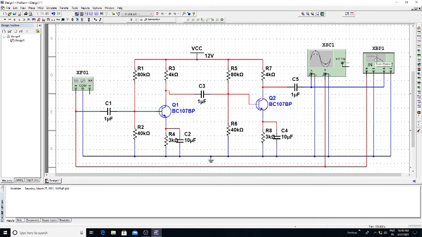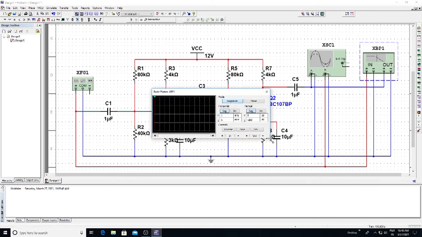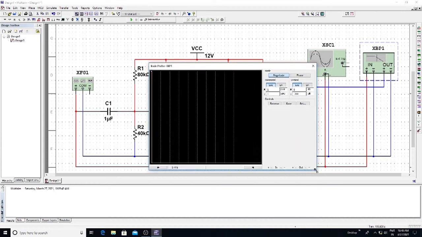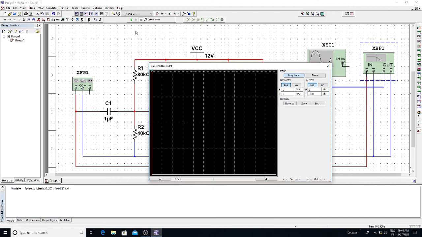So if you double click on this, you maximize this by dragging. Click here at the end and you drag this. Here you have a run option. Click on run, you get a signal like this. So actually the signal is clipped off. In order to adjust the signal according to our graph, you change the initial value, the vertical and horizontal values here. Initial value can be taken as 0, and this is a final value. You can go for 200. And here you set the horizontal value.